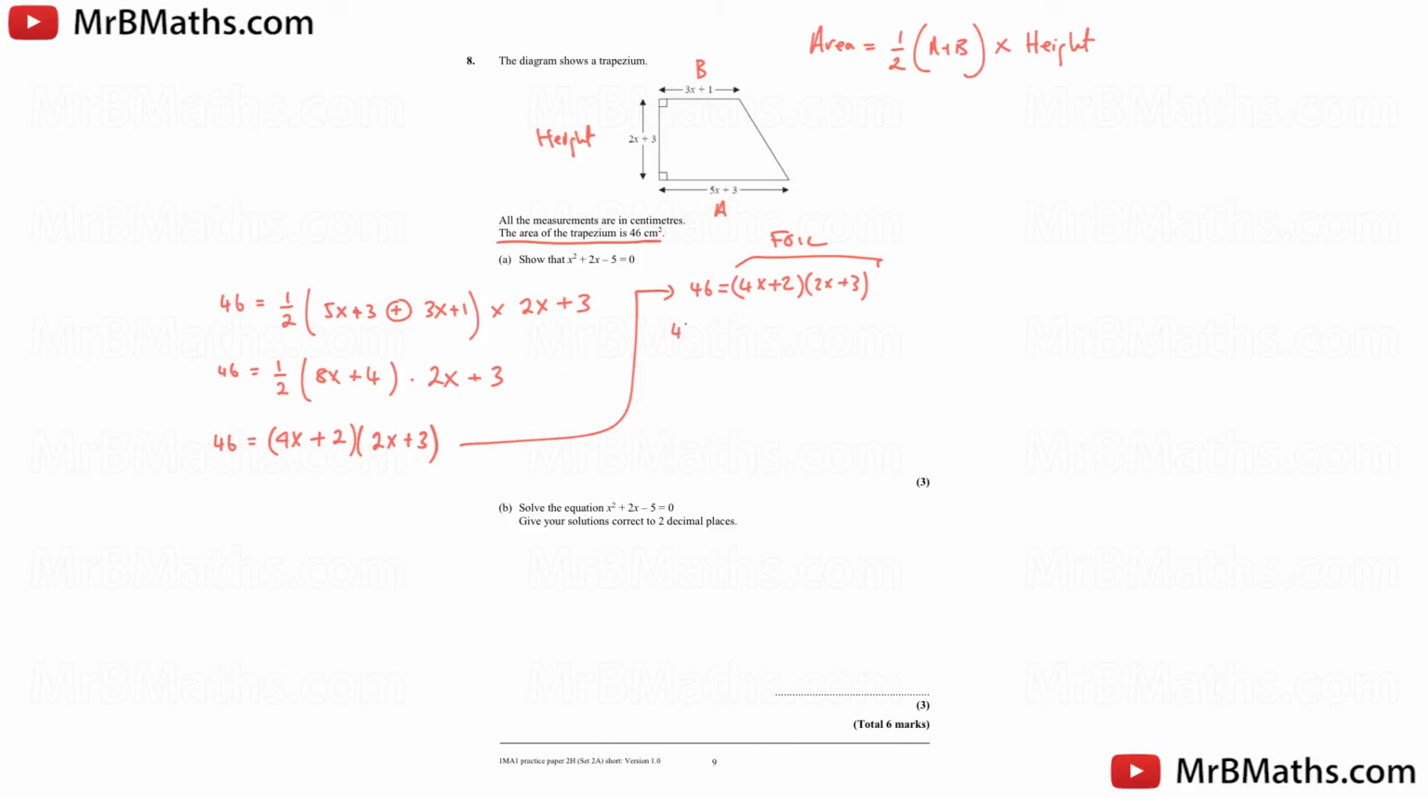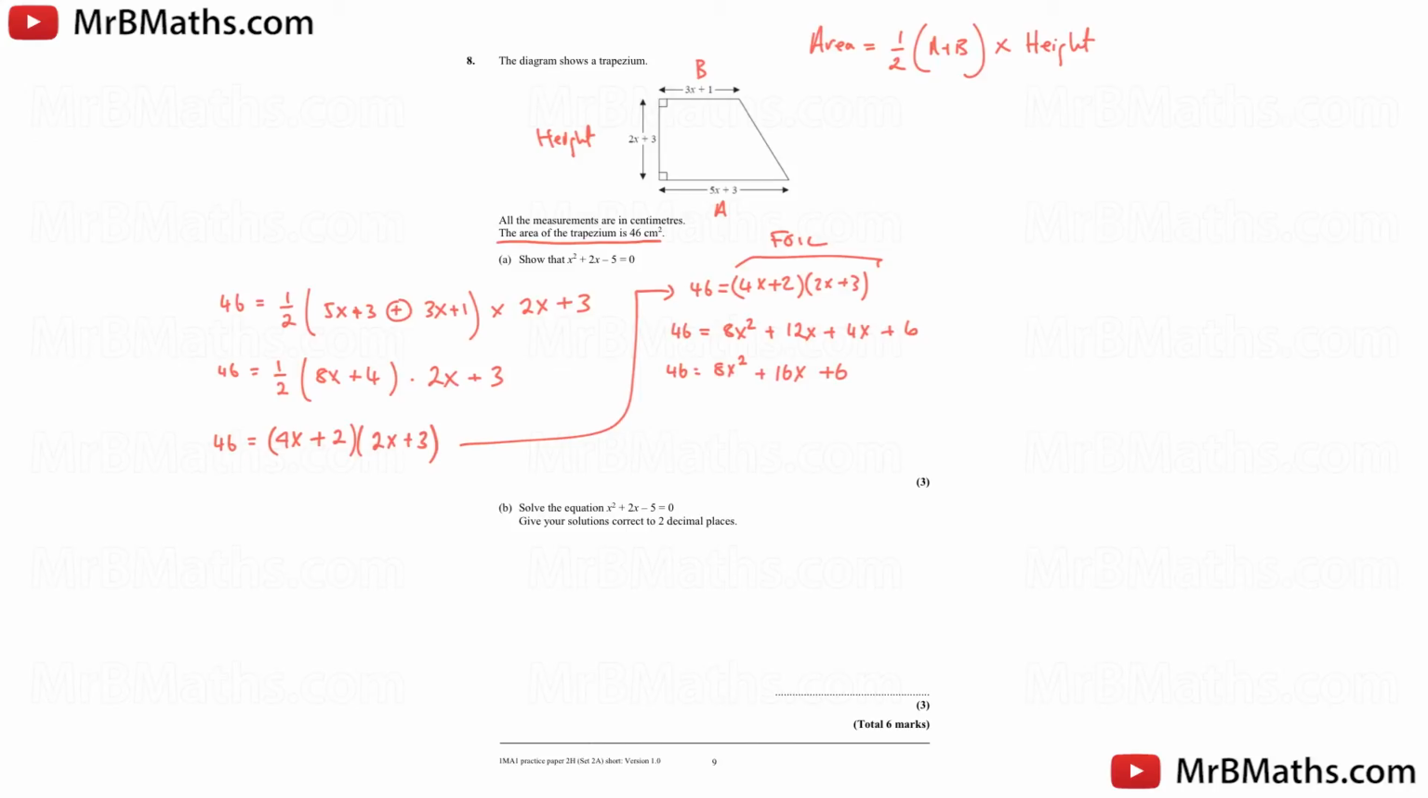So I'm going to do FOIL first, so 4x times 2x will give us 8x squared. Outside, 4x times plus 3 will give us plus 12x. Insides, plus 2 times 2x will give us plus 4x. And plus 2 times plus 3 will give us plus 6. So if I now simplify that, we've got 8x squared plus 16x plus 6,